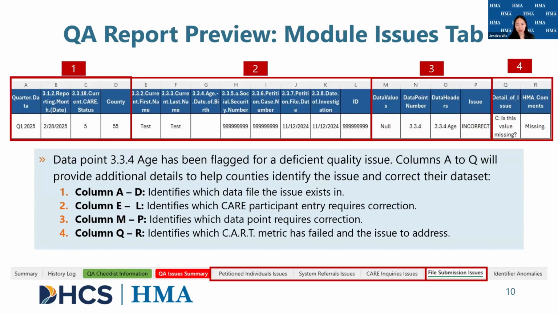So these next few tabs in the QA report are sort of the core of the QA report as they list out all of the QA issues associated with each module. Counties can use these tabs to identify the records and data points that require correction. On this slide here, we've shown an example of the petitioned individuals issues tab. And I'm going to walk through this example row from left to right to give you an idea of how